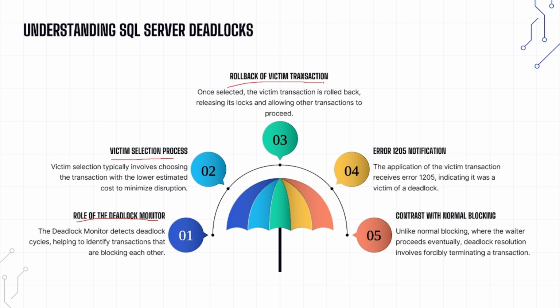So this rollback is why handling deadlock in your application code is so important. Then, the error 1205 notification. The application that initiated the victim transaction receives a specific error message from the SQL Server: error number 1205. This error serves as a notification that the transaction was involved in a deadlock and was terminated by SQL Server. Application developers need to handle this error appropriately, often by retrying the transaction. If you have seen this error,